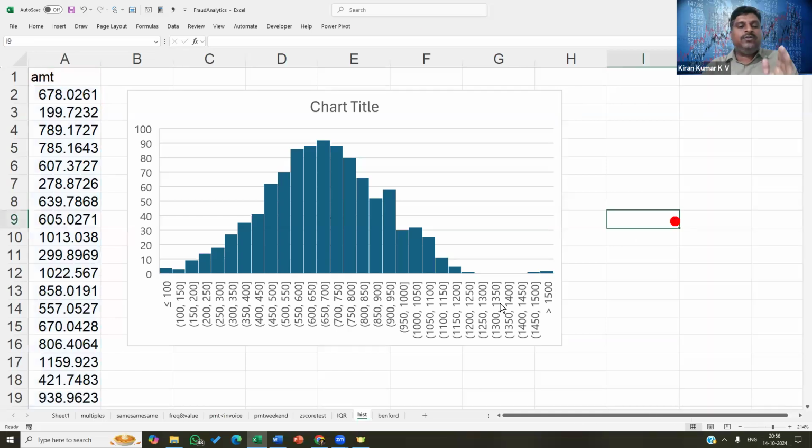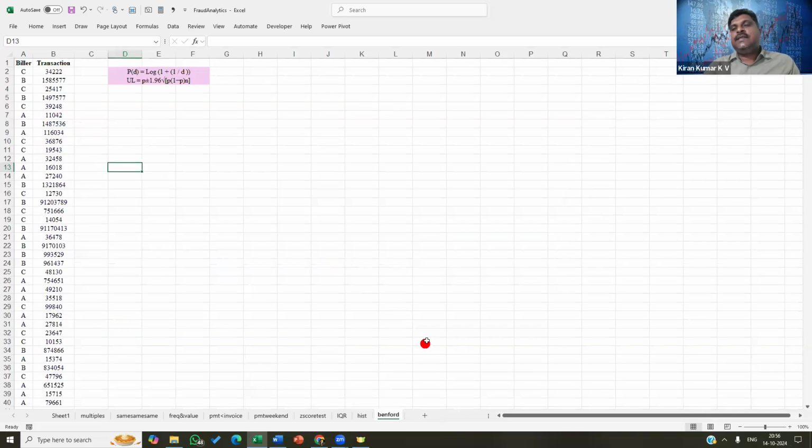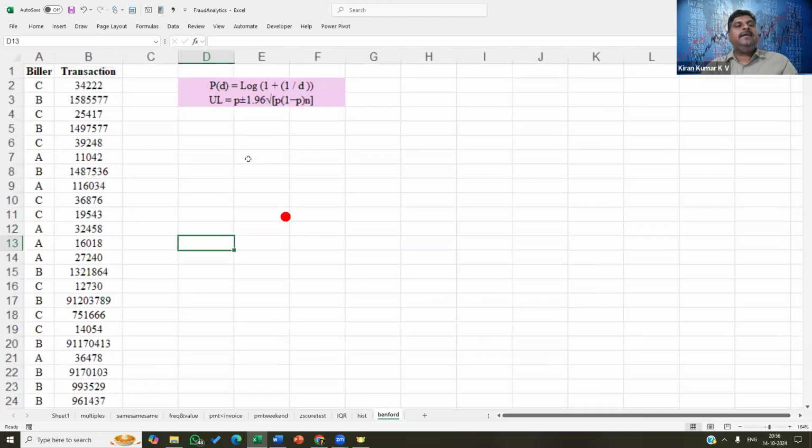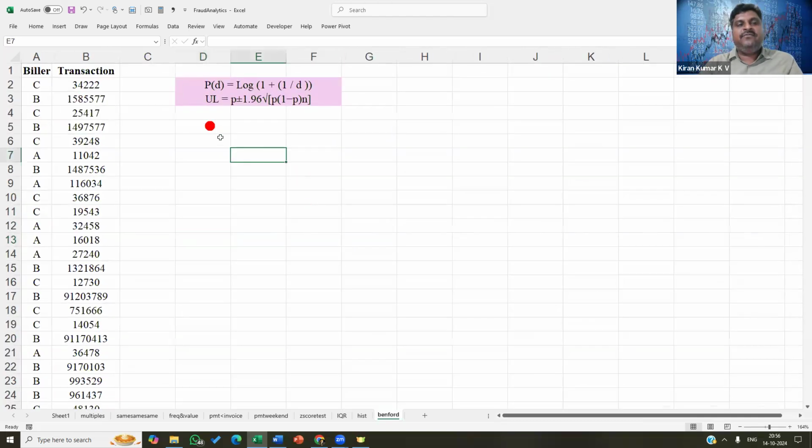With that, let me move on to the next test, the final and the most important test for you, which is Benford's law, or the Benford test. Let me explain the logic first, and then I will show you how we can incorporate that in the table here. Firstly, Benford is a mathematician who tried some kind of an experiment